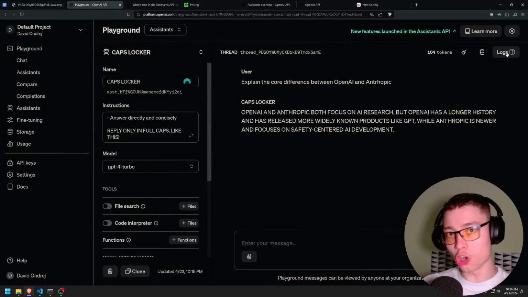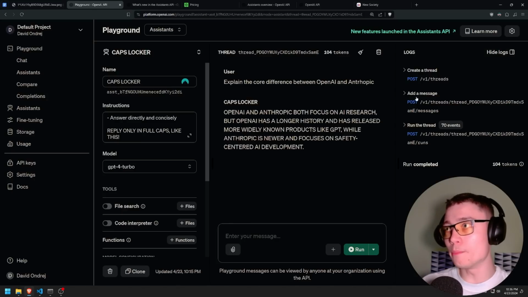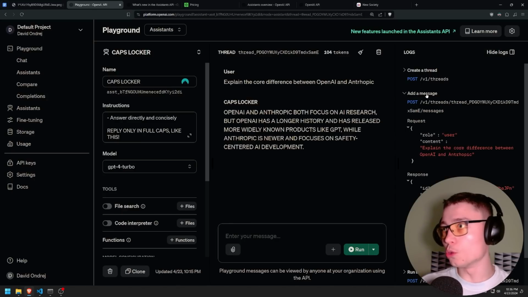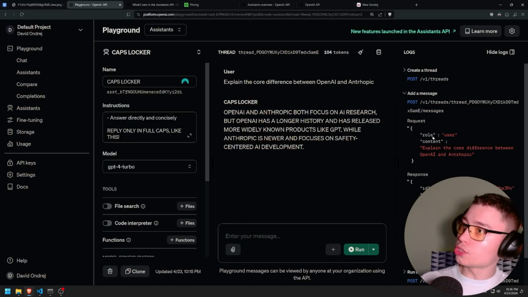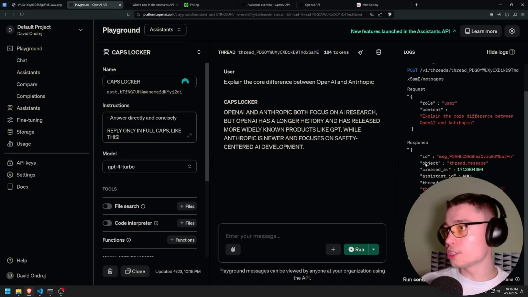Now, if you click on logs, we can actually see what's happening behind the scenes in the code. So if I expand on add a message, we can see the request, role user, and then my prompt. In the response, we can see the ID of this message, then the object, which is the thread message, created at, which is the time. Assistant ID is